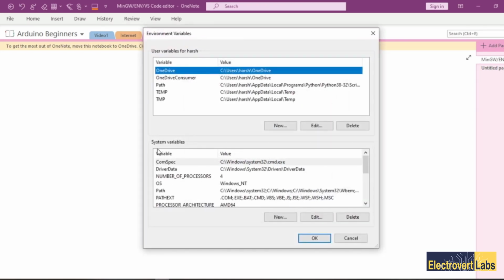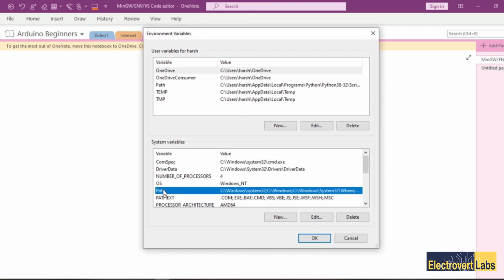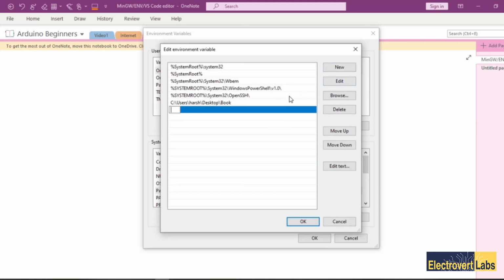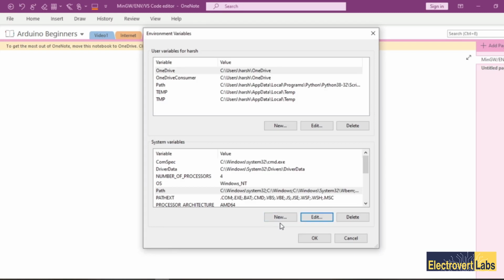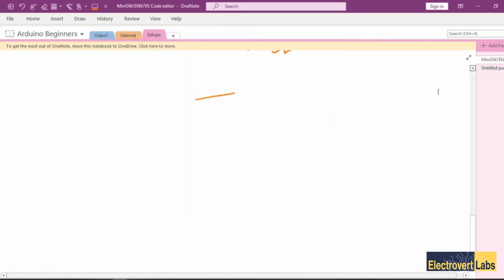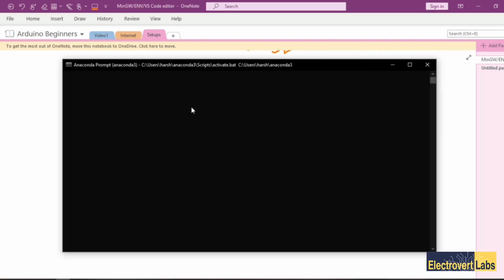In the system variables, come to path and click on edit, or you can directly double click there, and add new. Now I am adding my MinGW bin folder here. I am adding this particular directory to my path, and I am clicking OK, and then OK, and then finally OK. So now I have added my GCC compiler into my path.